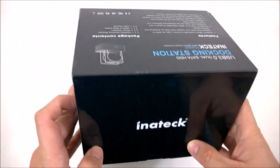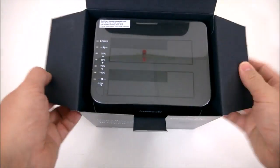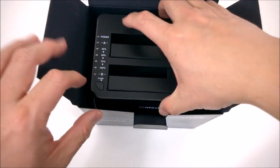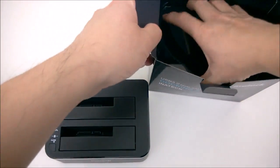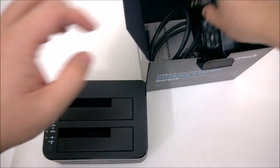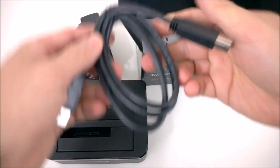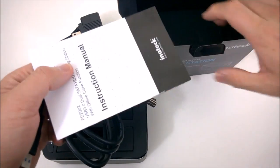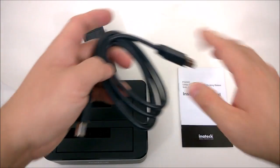Nice little nondescript black box. And take the cover off. And the drive unit, let's see. And under this portion, we have a power adapter, USB 3 connector, and instruction manual. All right, so you can see from here,